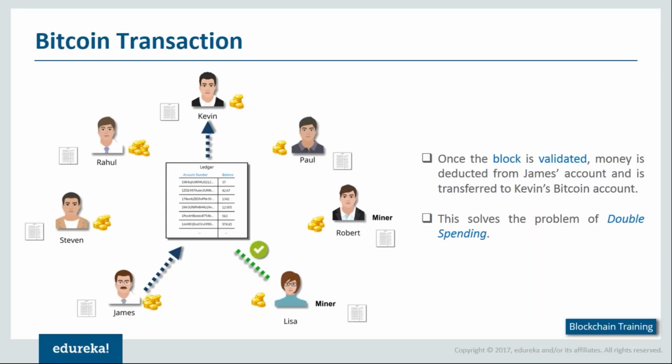So what happens is that both of them actually validate one of the transactions, which is maybe a 1 in a million case where both the transactions are verified and validated at the same time. And this gets created into a new block. Then what happens is they start to propagate it as part of the network. So that way everyone gets one copy of a transaction that is being validated by Robert, the other by Lisa. Now whoever creates the next block, whichever block they have used previously, that is, if they have used Lisa's block, then the transaction approved by Lisa becomes valid and the transaction approved by Robert does not become valid. So this in turn eliminates the problem of double spending.